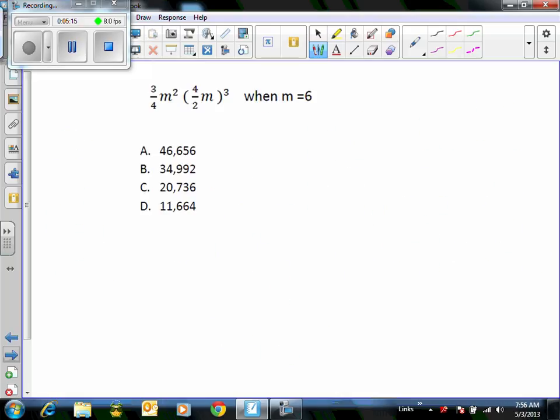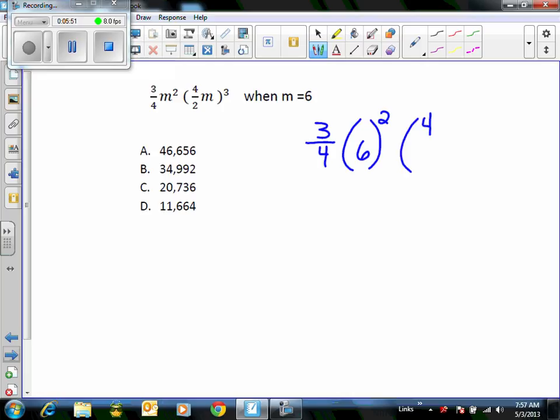3/4 times m squared times, see there's no plus or minus going on in here, 4/2 times m to the 3rd power. There's a lot of rules going on in this problem that we need to remember, and m equals 6. So the first thing I'm going to do is break this problem out. I'm going to say 3/4 times 6 squared times